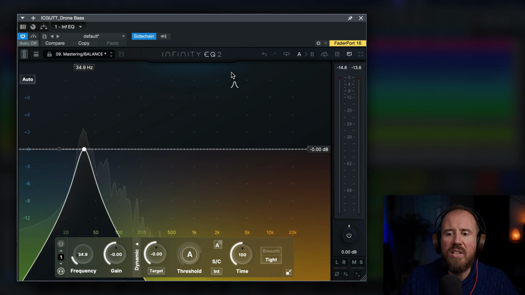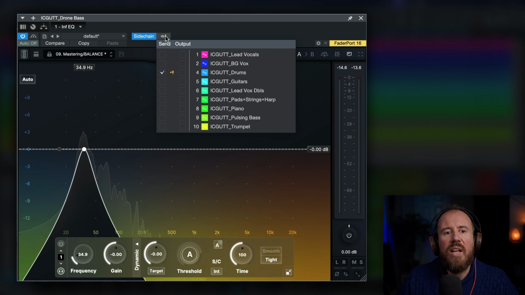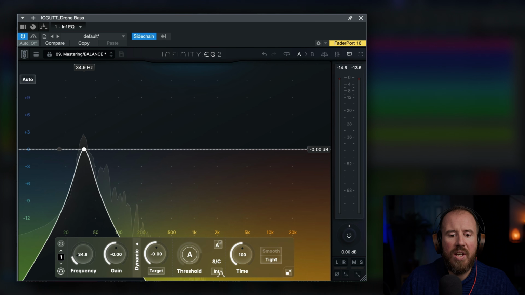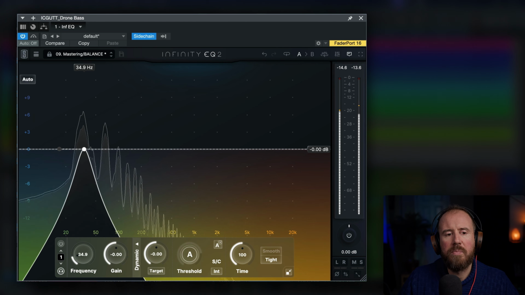And let's enable the dynamic section. Now, instead of this reacting to itself and its own threshold, I actually want to change the sidechain to be something that's reacting to another track. And the way that I do this is I've already sent a pre-fader send from my drums. So I can react to this sidechain because this sidechain has been enabled. So now if I listen to both of these,